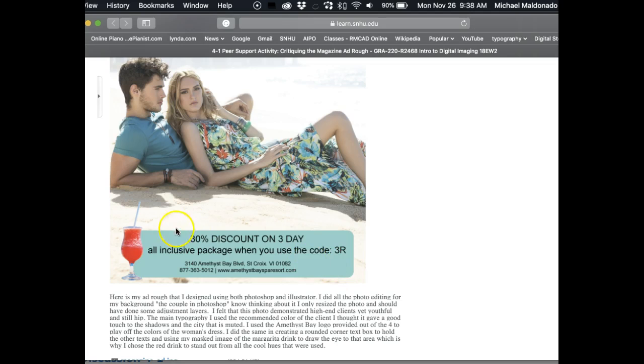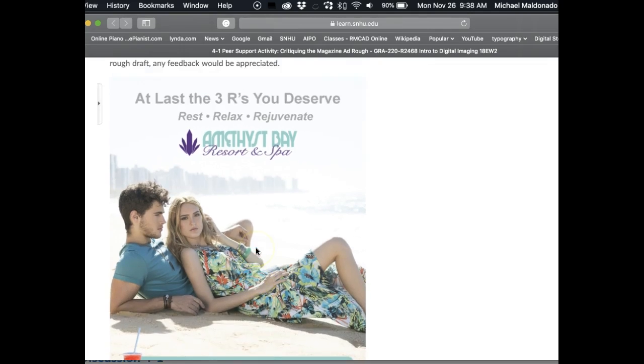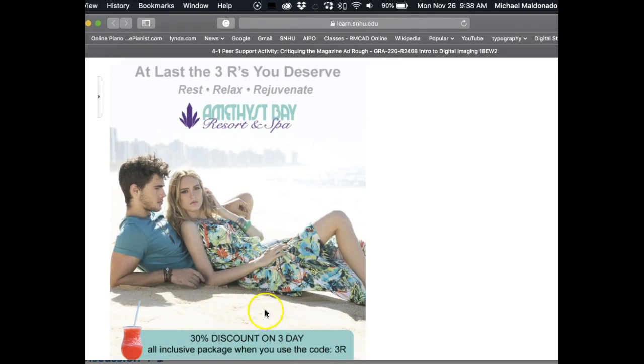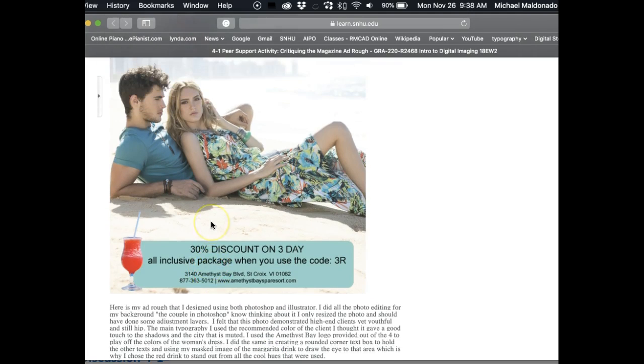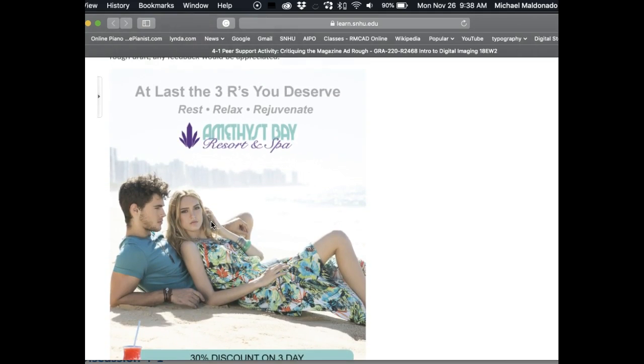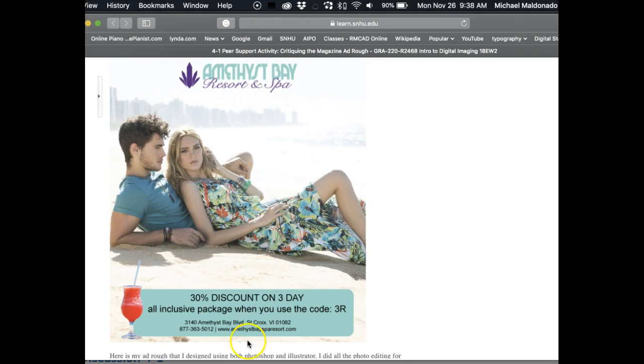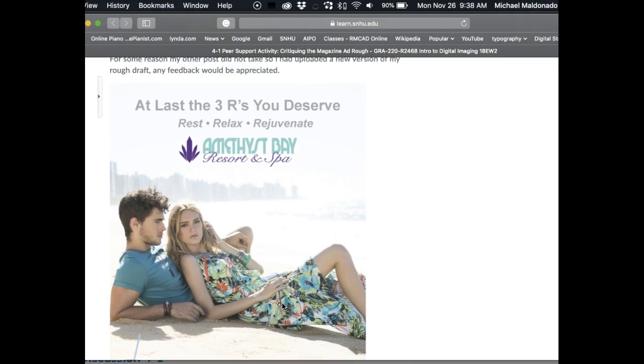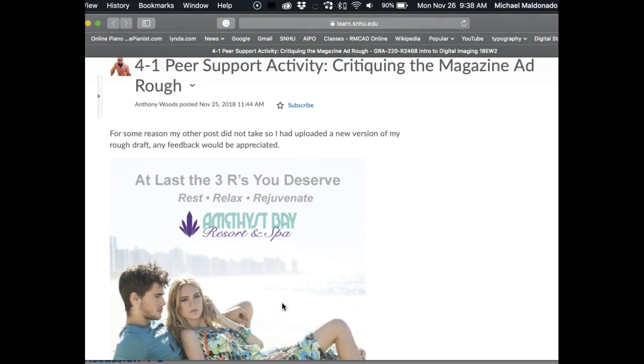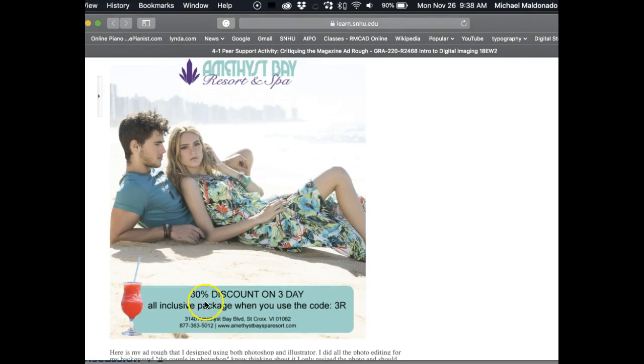Because right now this has got a lot of visual weight to it, so it's immediately pulling the eye down here to the bottom of the ad. That visual weight is establishing hierarchy, and as I said, it's drawing like a magnet. It's drawing the eye to the bottom of the ad, which has the promotion in it, and that's okay. But we want this whole thing to work in harmony. Instead of this being something that's totally separate from the ad, which we can see it really is based on that teal colored background box,